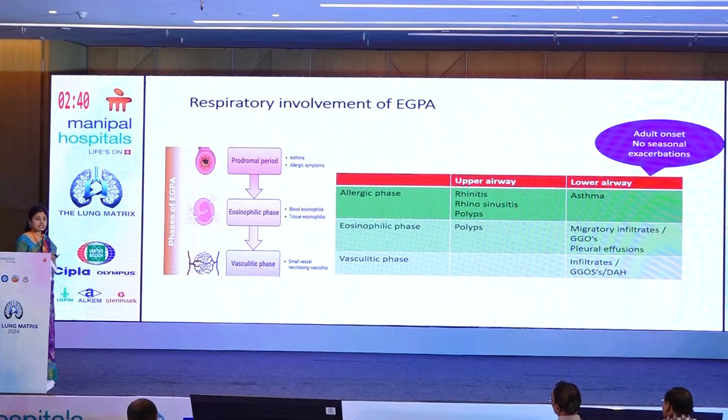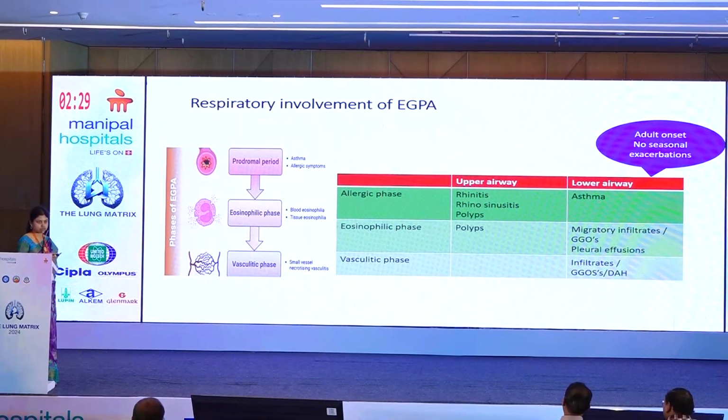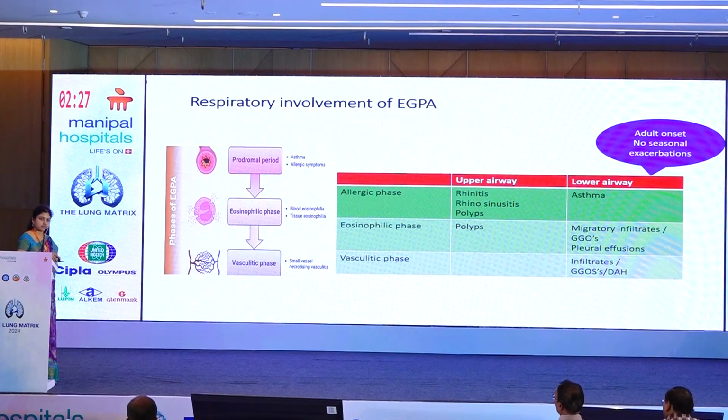So these are simply the allergic manifestations, which are the prodrome for EGPA for many years. They can stay in that phase for many years. And the second is the eosinophilic stage, where there is blood eosinophilia and the infiltration of these eosinophils into the